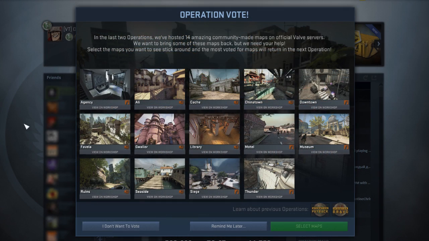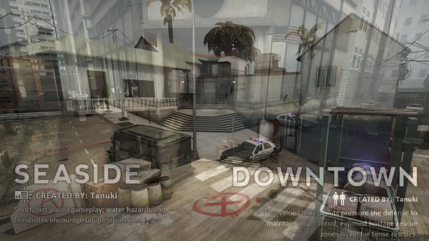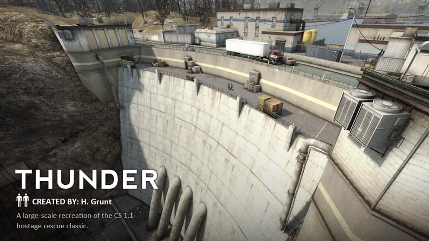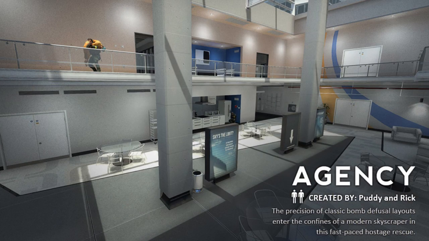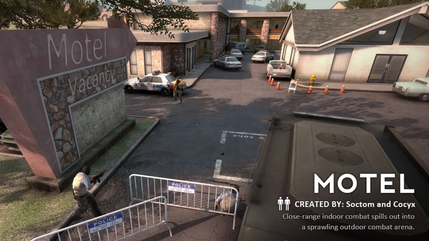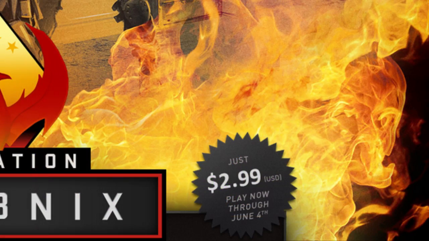previous 2 Roundup episodes. The full roster is made up of Cache, Motel, Seaside, Downtown, Thunder, Ollie, Favela, and Agency, all of which I may have pronounced incorrectly. I have no idea. Since all these maps have previously been featured, the price of Operation Phoenix is considerably lower than both previous map packs, as the pass is available for the price of $2.99 in the US and £1.79